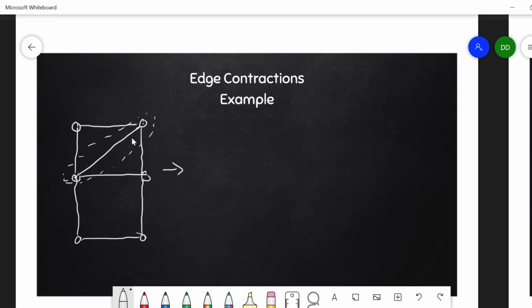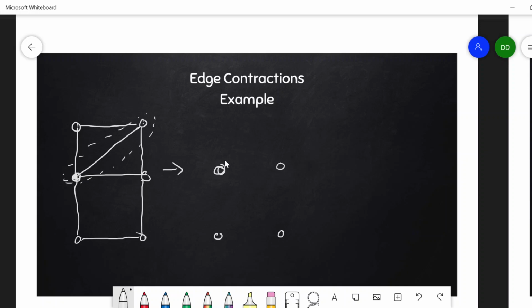So I'm combining the two vertices into one. The effect is like I'm smushing this vertex down, moving this vertex along the edge and identifying it with this one. In some way, I'm plopping them on top of each other. So that means this new vertex here